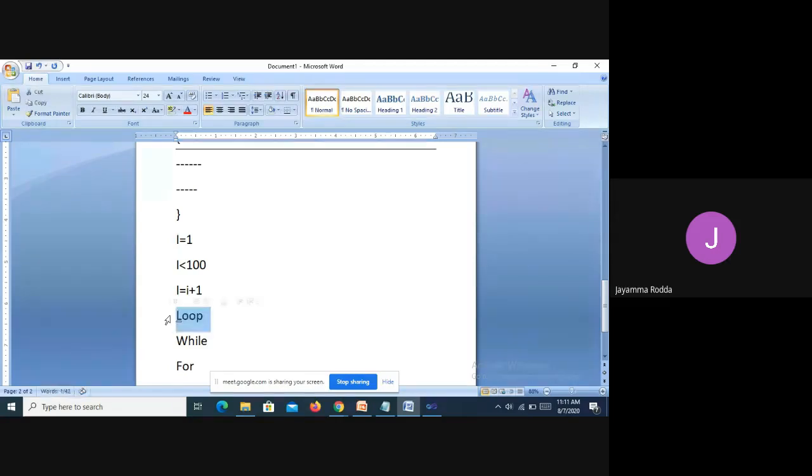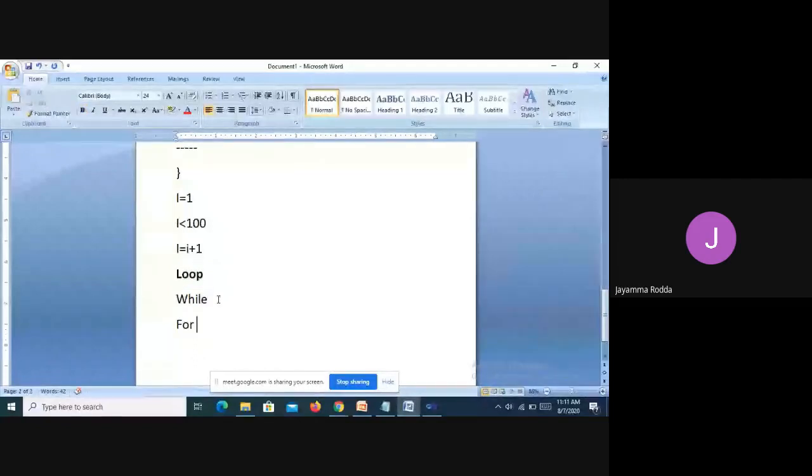In Visual Basic, there are two types of for loops, one while loop, and the other one is the do loop. We don't call it do while like we do in C; we call it do loop.